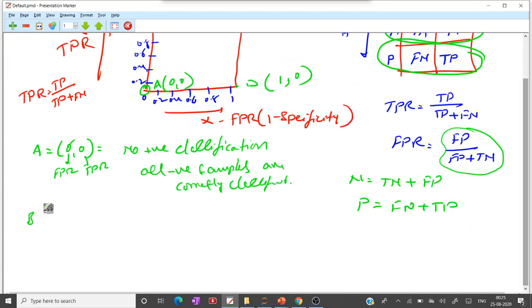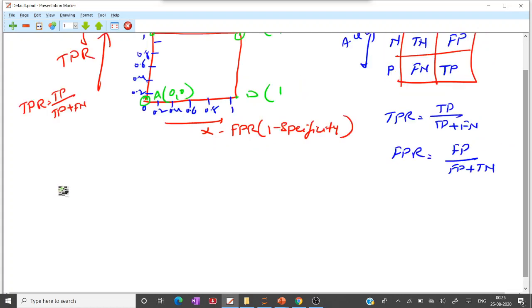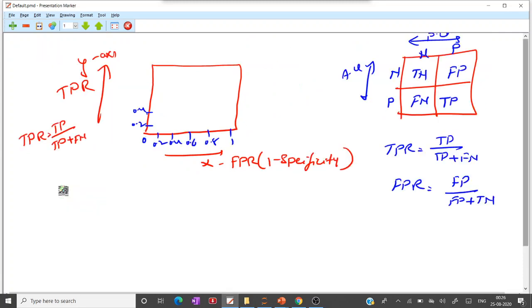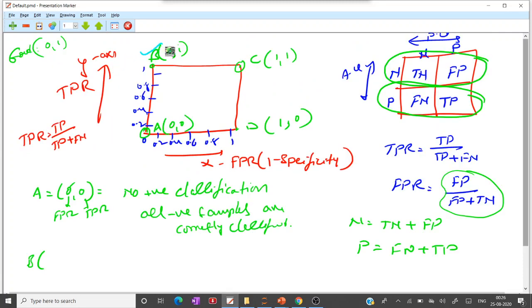Now point B, this is point B, 0, 1. So what does that mean? Here the false positive rate is 0 and the true positive rate is 1.